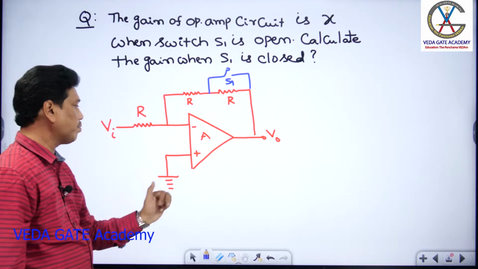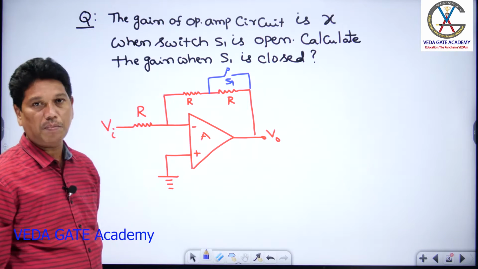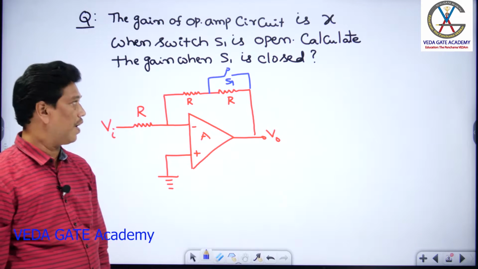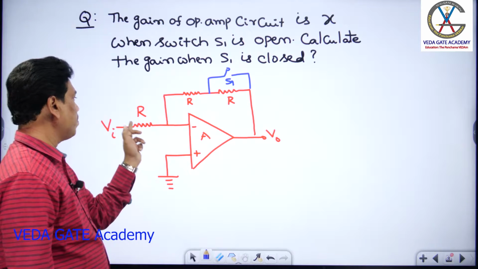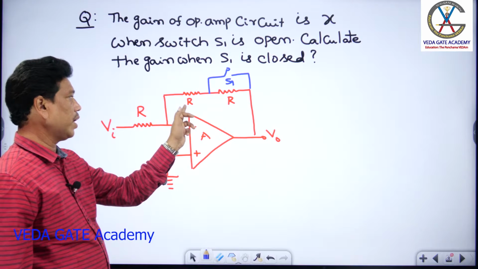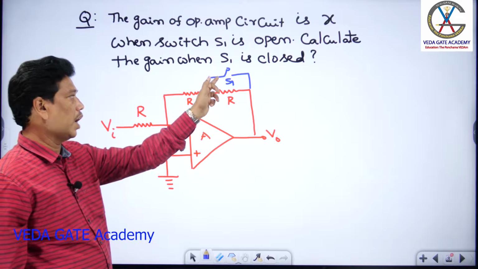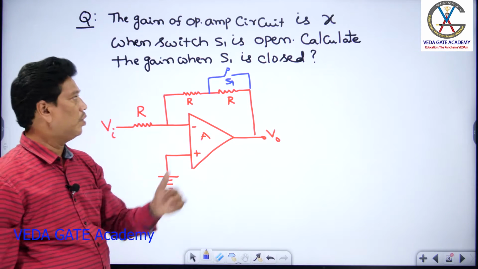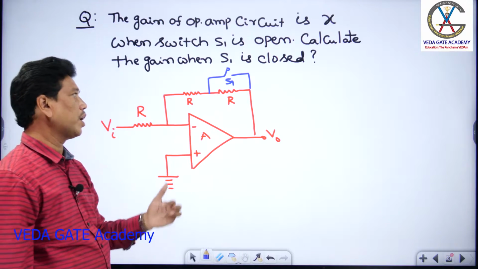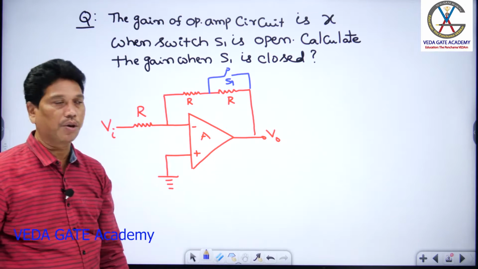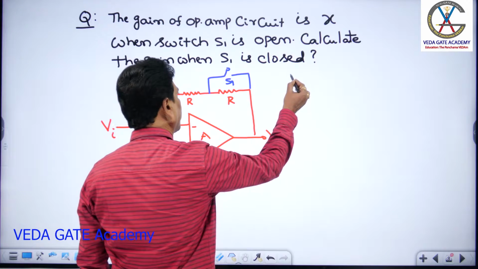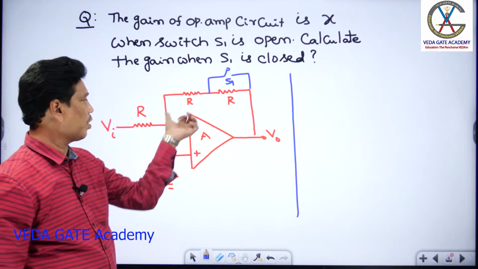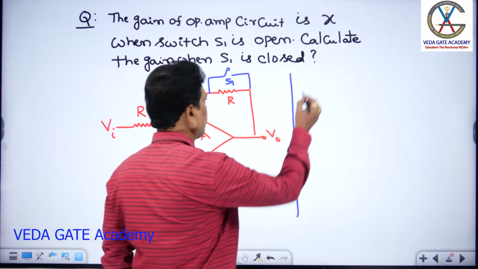See, this is the op-amp circuit, where the non-inverting terminal is kept at ground, and we apply the signal voltage to the inverting node. It looks like an inverting amplifier. In the input path, the resistance is R. In the feedback path, two resistors are there, each R ohms, and across one R ohm, a switch S1 is connected. So first I can go with switch open and switch closed. It looks like an inverting circuit, as the signal voltage goes only to the inverting node, the non-inverting is at ground, and there is feedback to the inverting node. So it is an inverting circuit.